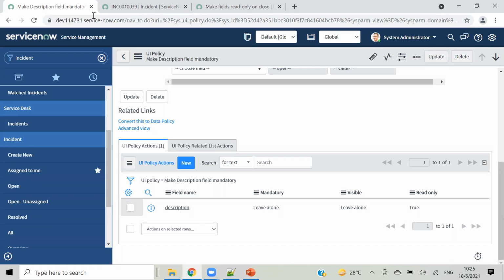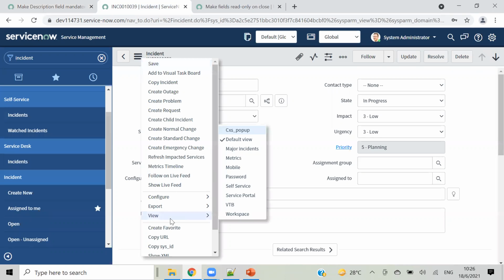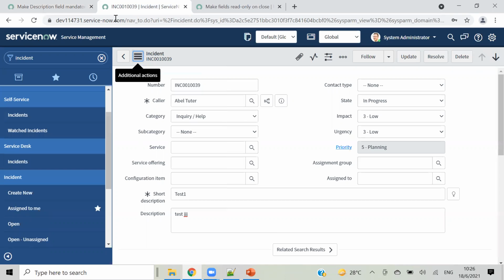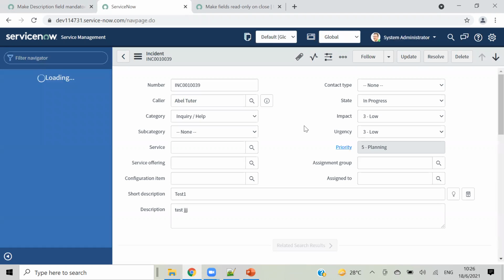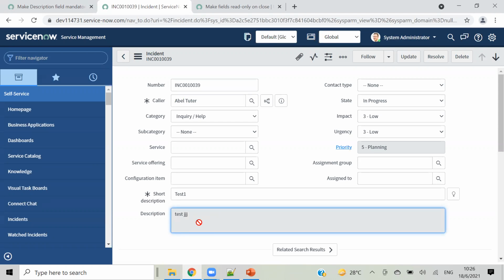We have made that read only, and let's load our form and check if that is getting read only or not. So form loading. Okay, let me load from the top. Here it is read only.